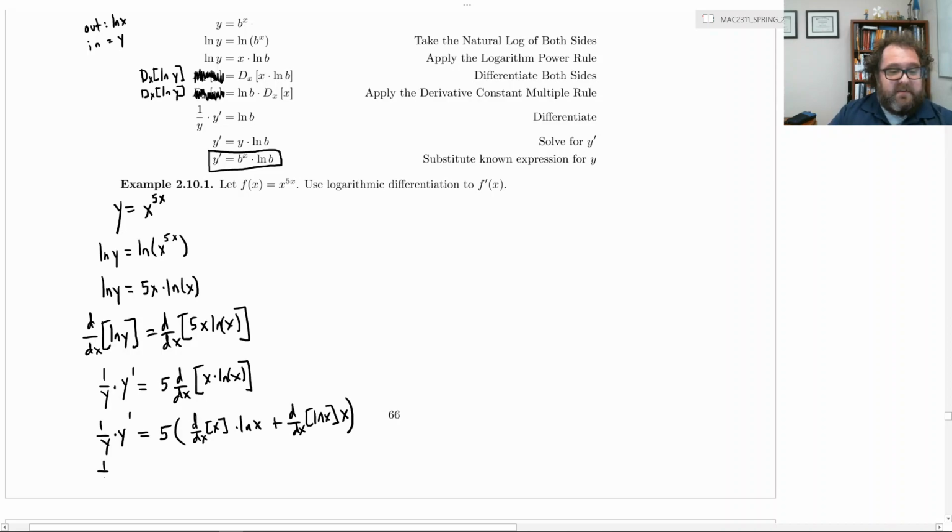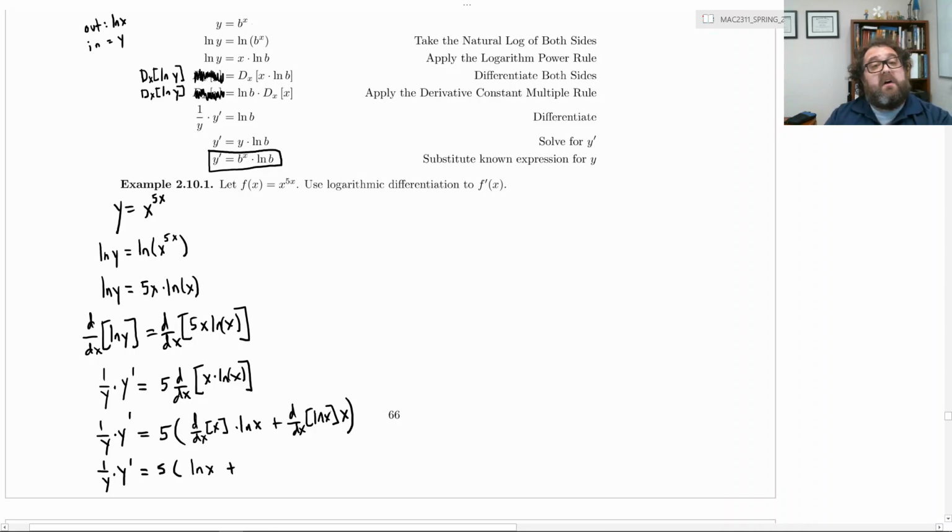All right, again, the left-hand side, we're kind of done with that for the time being, equals the right-hand side, 5. Okay, what's the derivative of x? The derivative of x is 1, so we have 1 times natural log x, just natural log x, plus,